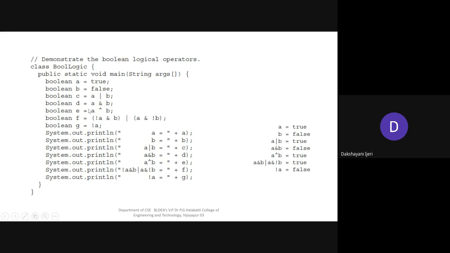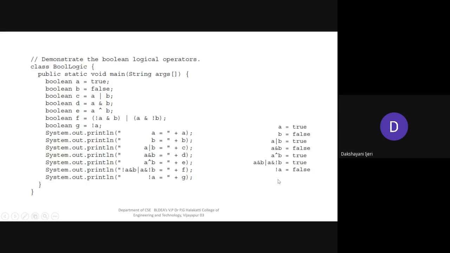So similarly in the next case, unary of the A, G is true, right? So that will be considered as false here, isn't it? So this is very simple if you analyze. This is just to demonstrate how you can use all these Boolean operators, and to store the result of the Boolean operators, you require the type of the variable as Boolean. So the rest of the things have been just printed over here.